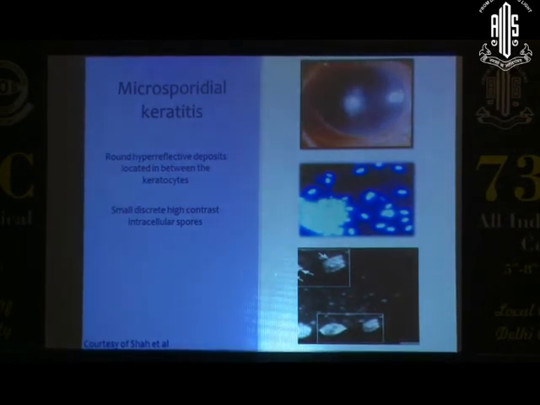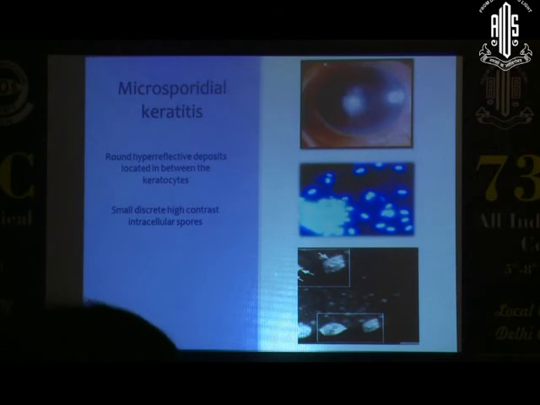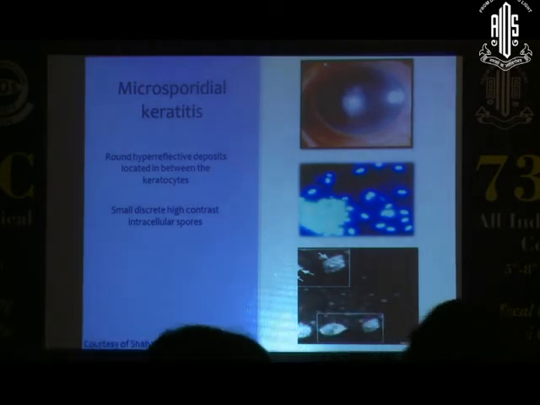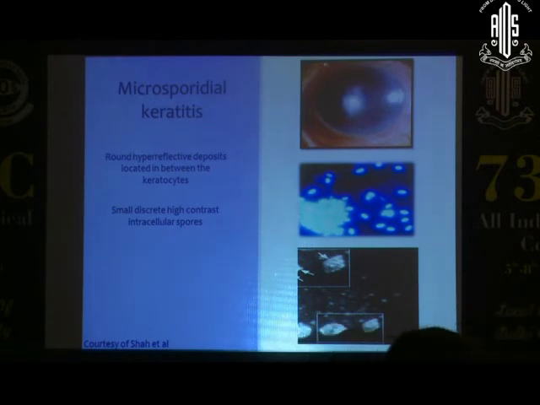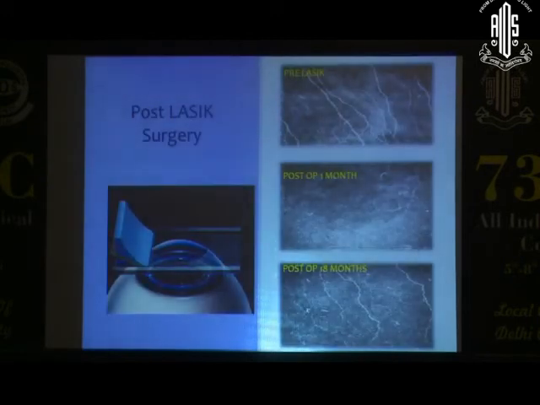Microsporidial keratitis again is an emerging corneal pathogen that very often gets misdiagnosed. What it looks like is like the image on top, a non-specific entity. Sometimes you may suspect that this is a fungus because the patient has been on long-term antifungal treatment. And again, confocal microscopy shows these hyperreflective deposits between the keratocytes, or even the spores. The ovoid spores can also be imaged in high magnification, and this also gives important clinical clues.